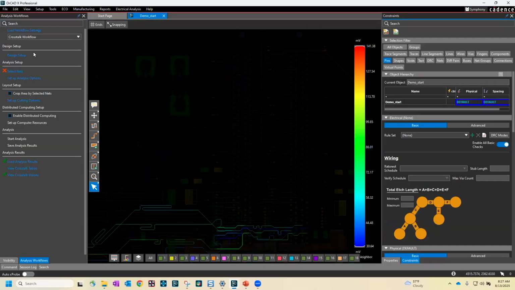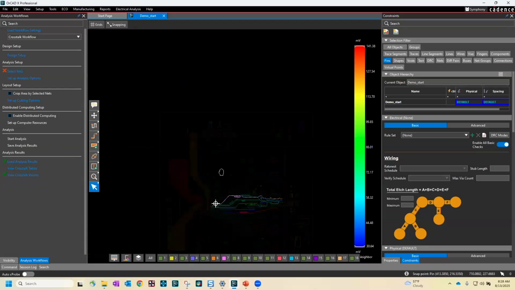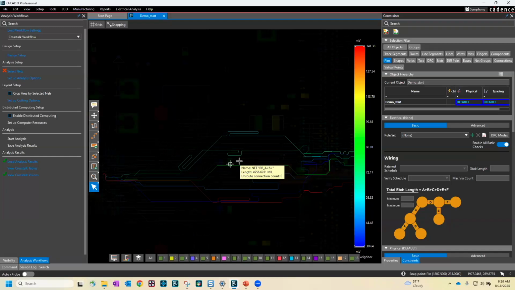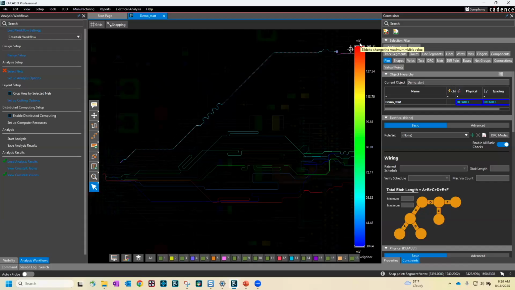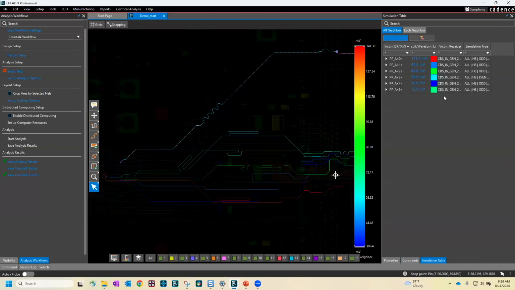Lastly, we're going to look at crosstalk. Same as every other analysis, you can select the nets in your design, set up the analysis options, cut the design by the area, and enable distributed computing. And let me load the analysis result. Oh, it's already loaded, so I don't even have to load it. So this is showing you, again, the color-coded results here, showing you the millivolts of crosstalk on every net in the design. And you can look at the tables to see for any net in the design